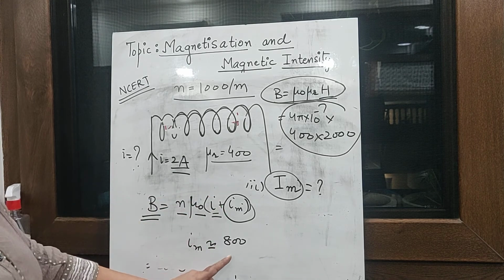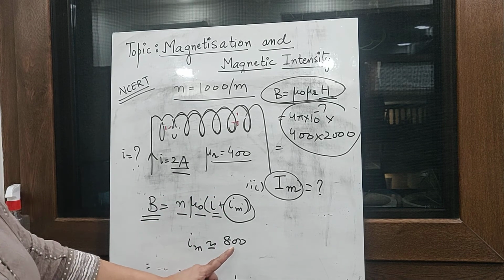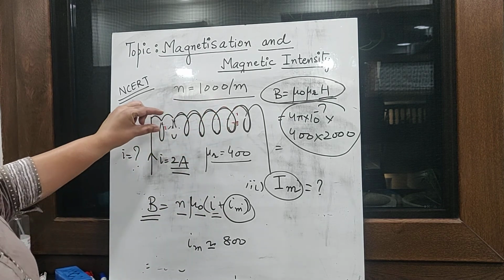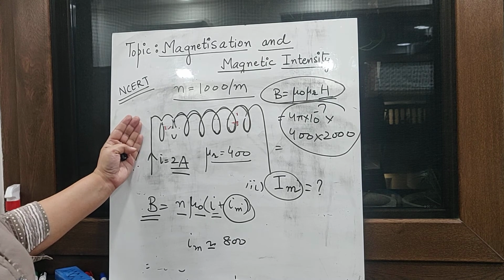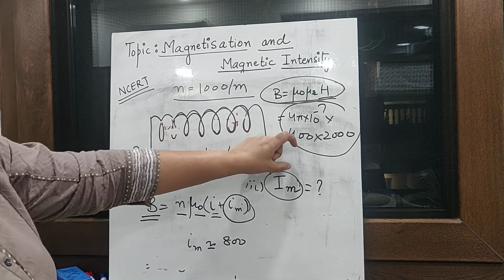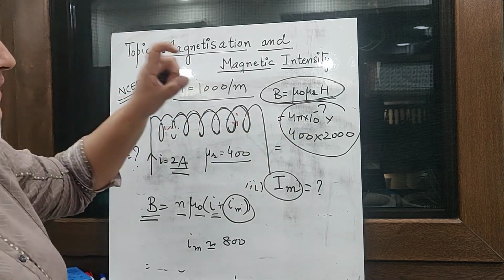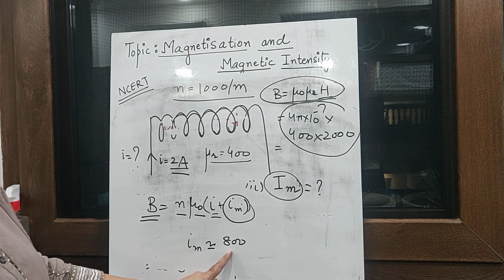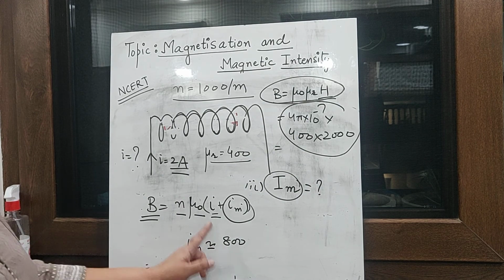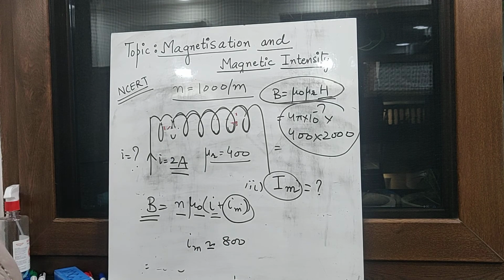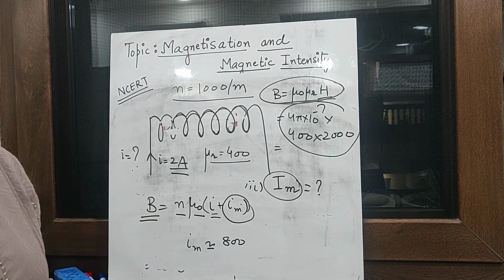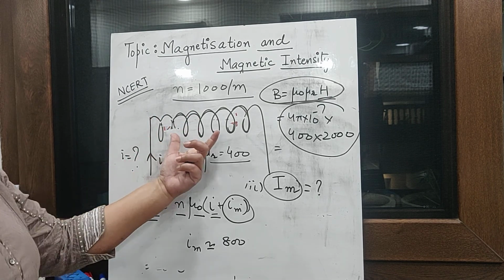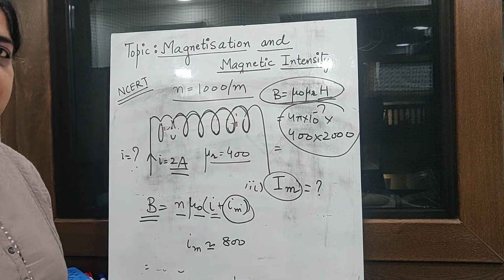I have not calculated it, it is approximately what I have written over here, which means that with the presence of that material, you were flowing only 2 amperes of current through the solenoid and getting a huge amount of magnetic field. But in order to get the same magnetic field without this material, you will have to flow much more current, somewhere around 800 amperes. Only then you will get that magnetic field inside it. So this is how the presence of a magnetic material benefits us, and we get a larger amount of magnetic field inside the solenoid.